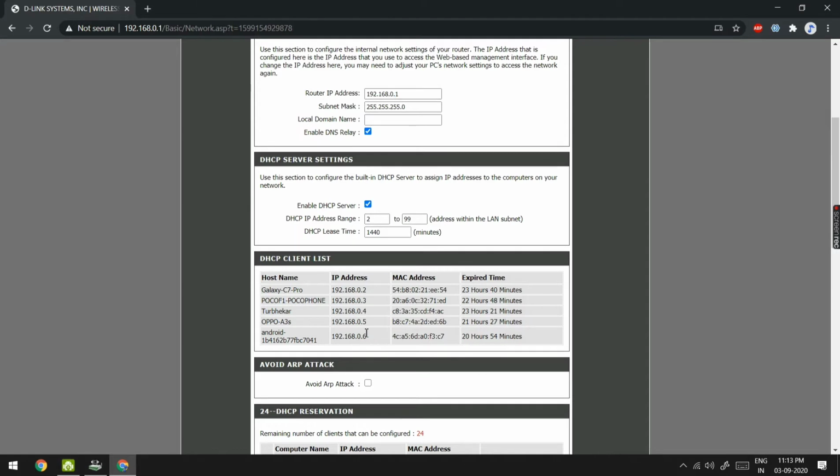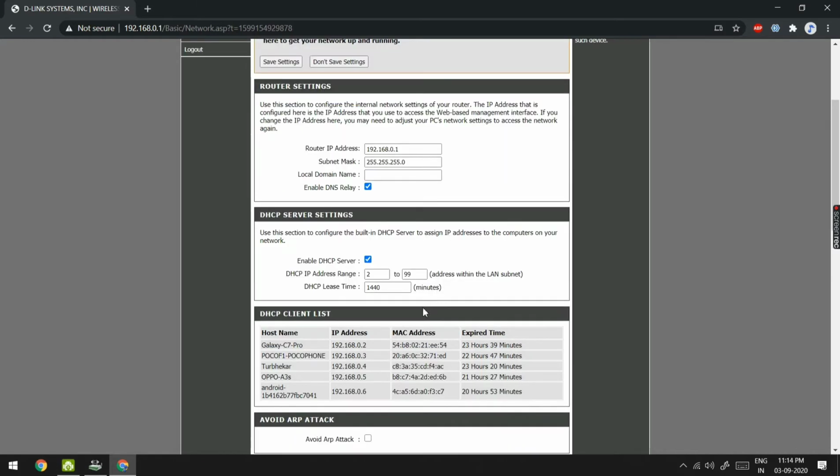As you can see, all my addresses are from 2 to 6, and if I want to assign a static IP address, I have to give it outside the DHCP range, for example 192.168.0.99. So we will see an example of how we can set a static IP and a dynamic IP.